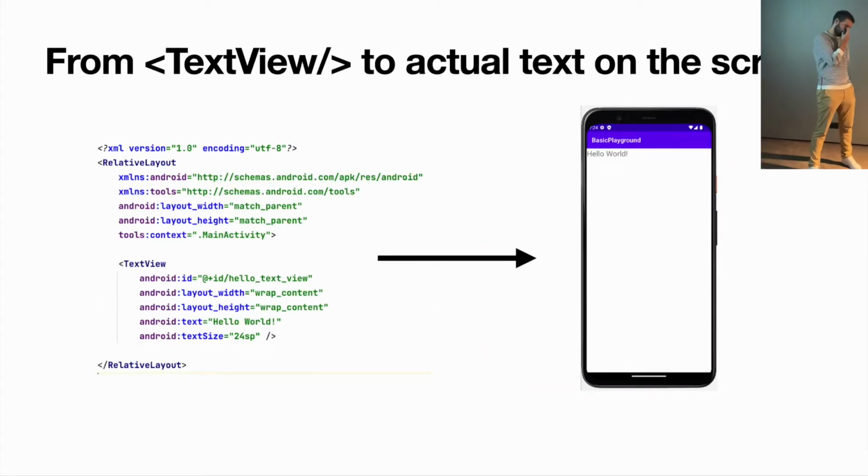So my bigger question here was, how do we end up from this XML file to the actual screen that has rendered the hello world text? As you can see, these are all just some XML tags. I mentioned before that text view is a class that essentially extends the view. Well, basically text view also has